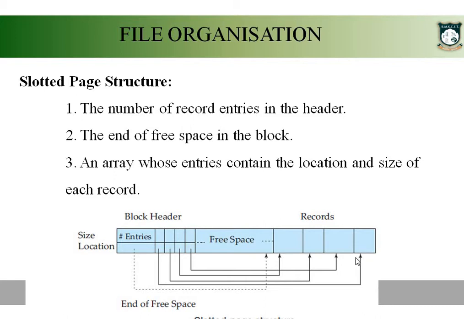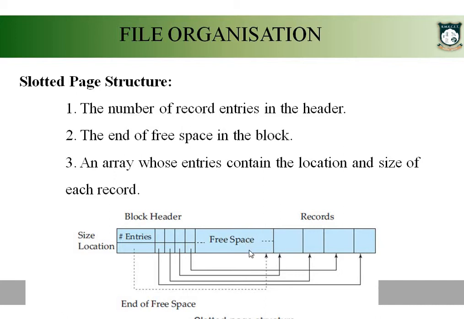Now let us consider the situation that I want to insert a new record. So what do I have to do? First you have to update the number of records, then you have to store your record in the location that is pointed to by the block header. In the block header you have a reference to the last memory location, so there you will store the new record. Once after storing the new record, you have to add an index record in the block header in which you record the memory consumed by the new record, and its position.